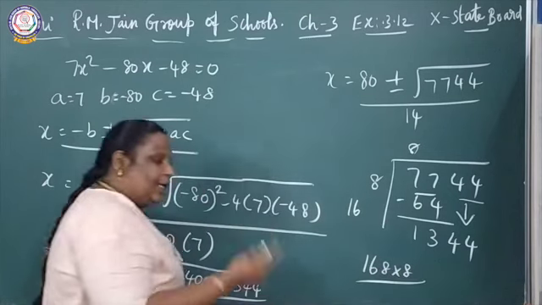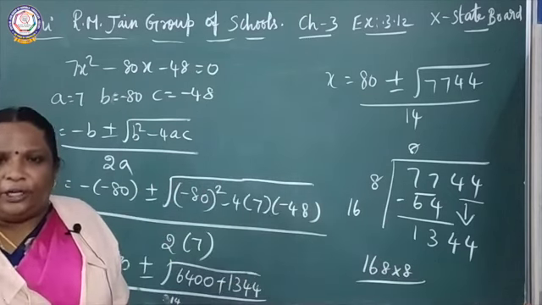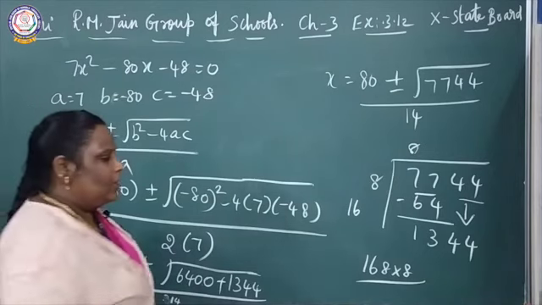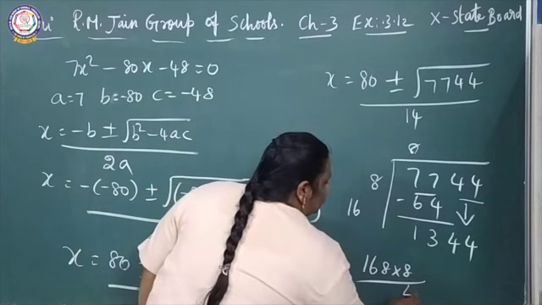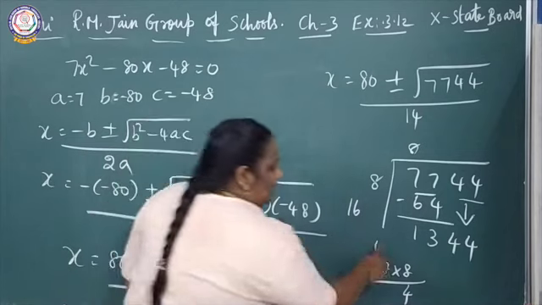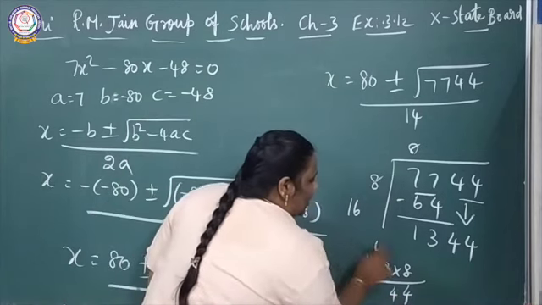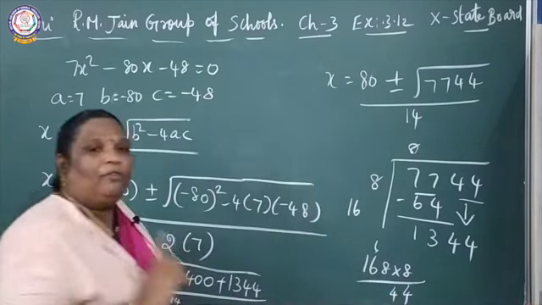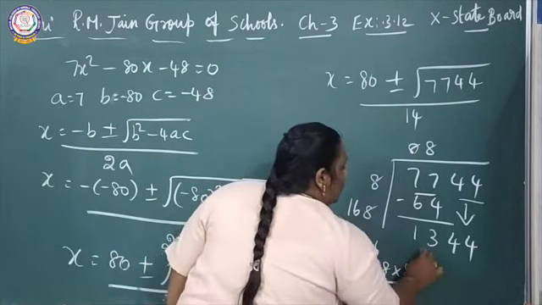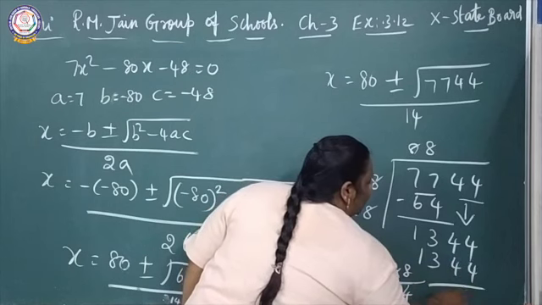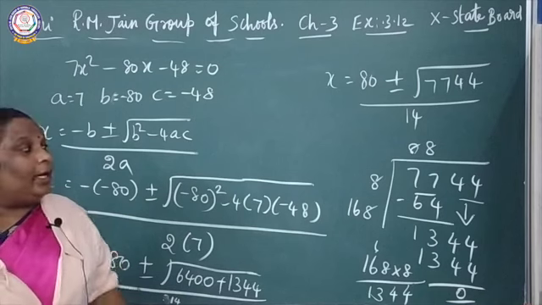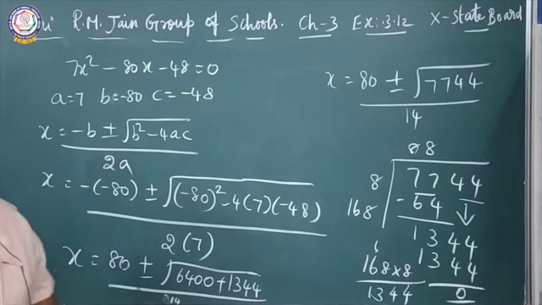If you check it, you can put some other number, 7 into 7, 5 into 5, 6 into 6. You check the number. Okay. So 8 into 8, 8 8s are 64, balance 6. 8 6s are 48, 48 plus 6 is 54, balance 5. 8 1s are 8 plus 1, 5 is 13. See, so 8, 8, 1, 3, 4, 4. So the square root of 7744 is, what is the number? 88.